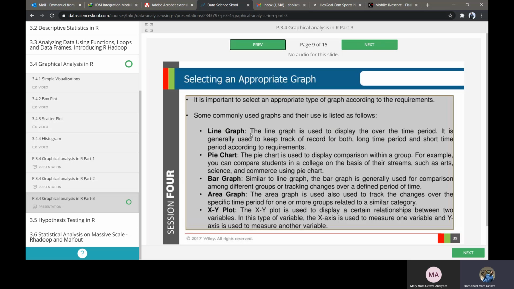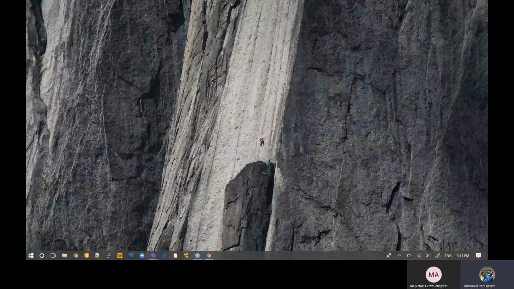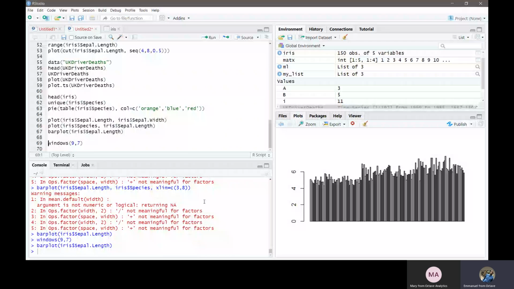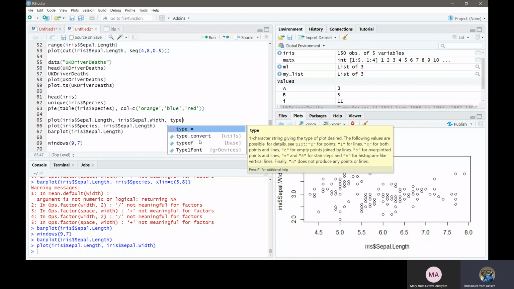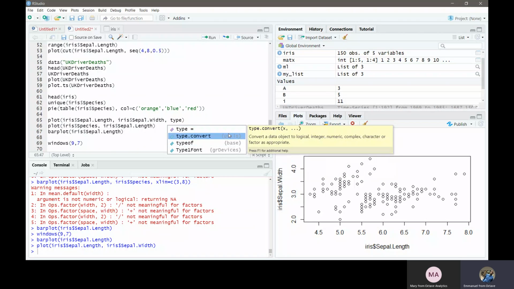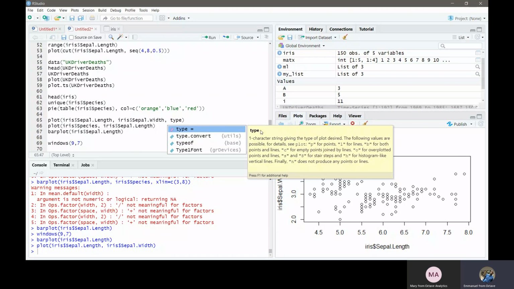As I was saying about all of these graphs, for example, let me go to my RStudio. I was trying to plot this, so I plotted this to have this. If I want to make it a line graph, I can put a comma and then type. If you look at these details here, type is equal to